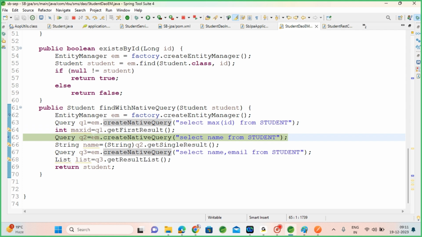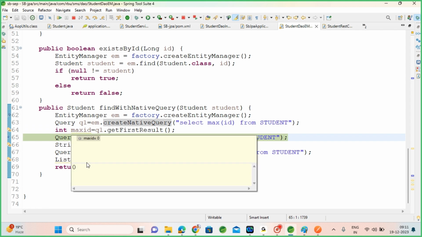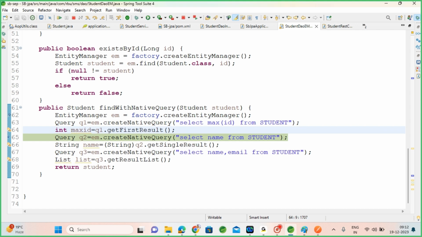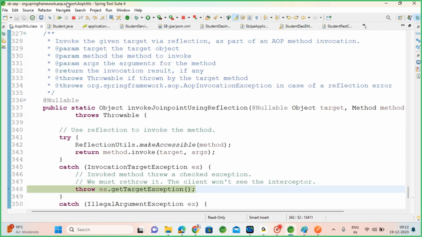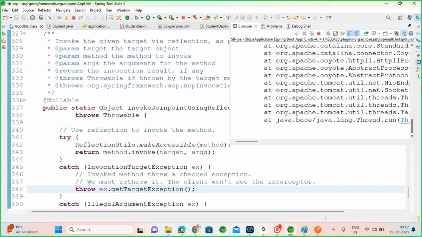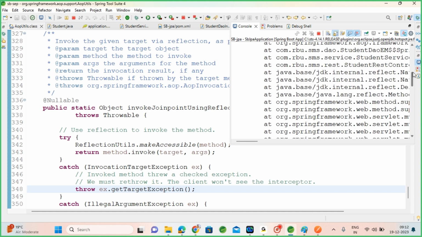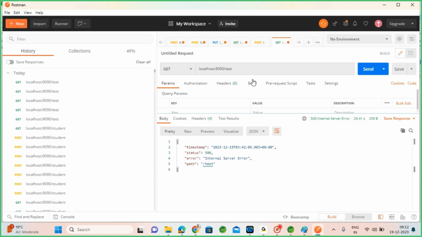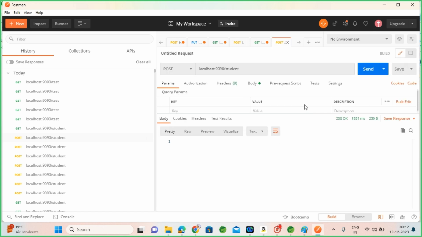Find first result. Max ID 0. I think the table is dropped and recreated, right? So no records. I think everything would be empty. Name also would be empty. Yeah, it must be null. I believe we get null pointer exception. No result exception. Yeah, still it's a valid thing. Let's post it. Okay, create a record, then